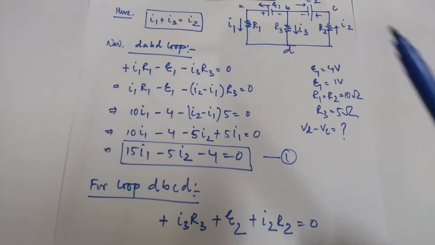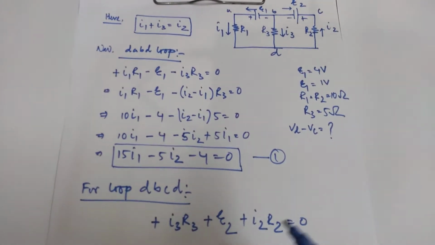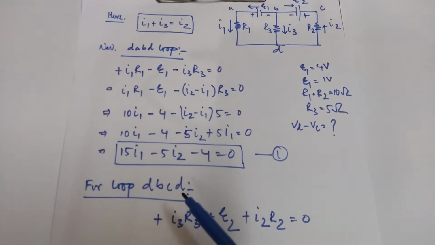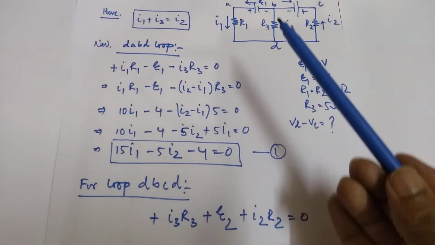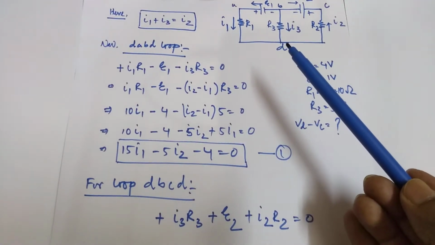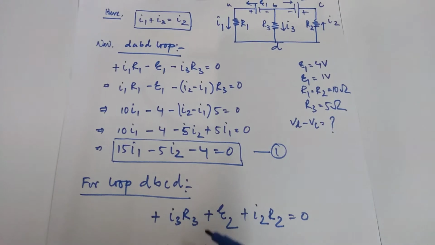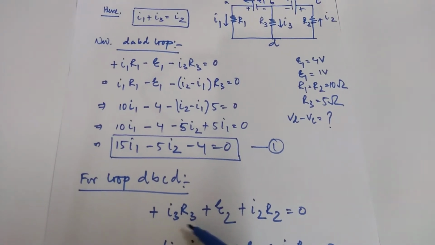So if you start from that point, this is the equation I will write for the loop D, B, C, D. That means point D, B, C, and again D. So first I face this resistor R3, which should be I3 R3,